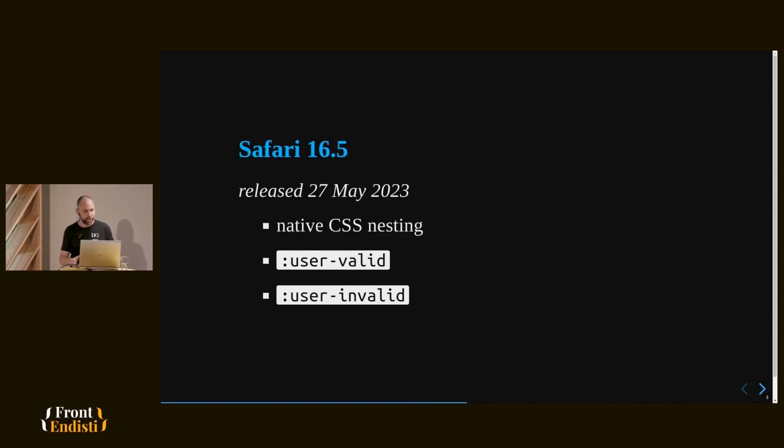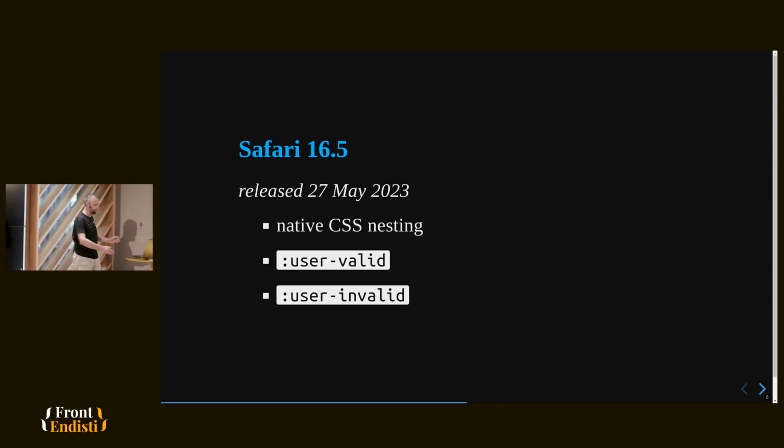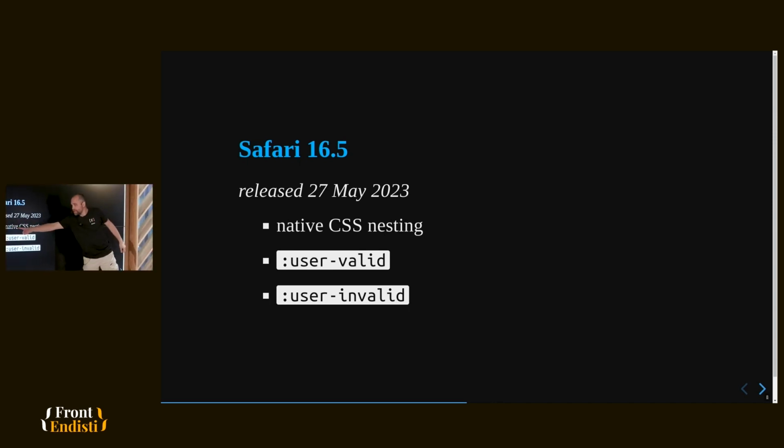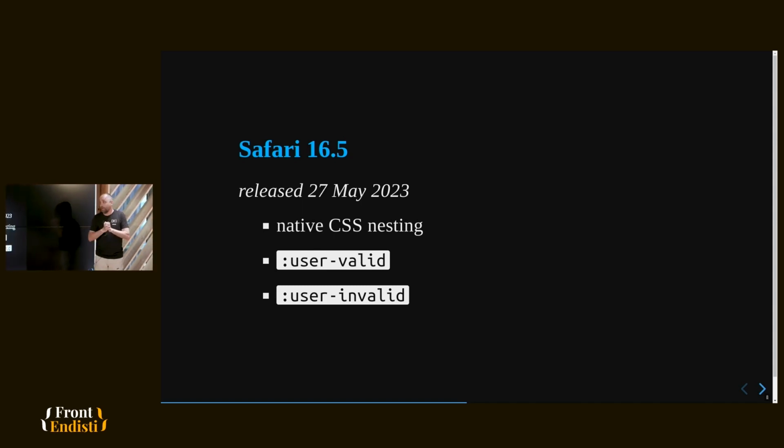And now look at Safari. Safari current version is 16.5. 16.6 will be released in the beginning of summer, as well as Safari 17 beta. And what they introduced, they followed Chrome, so now native CSS nesting is working not only in Chrome, but also in Safari. Firefox is still working on it, so we cannot use it, but we can start playing around with it in the new Firefox. Is it already there? Yeah. So I missed that. Sorry, Firefox. I didn't mean it. Okay, so it's cool.